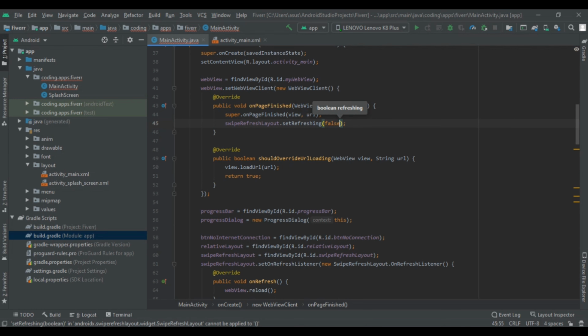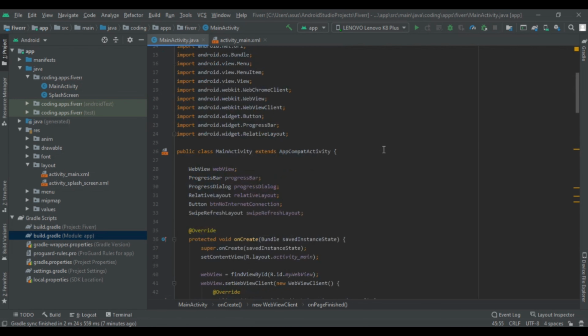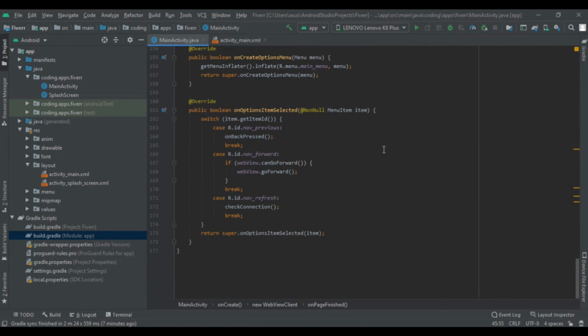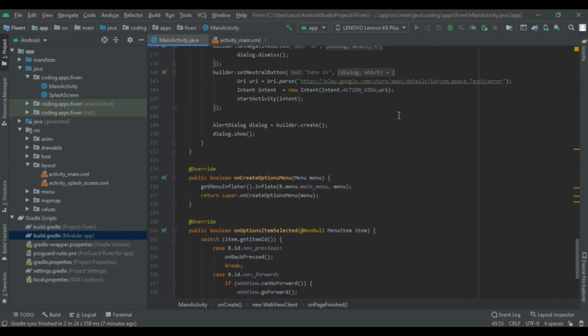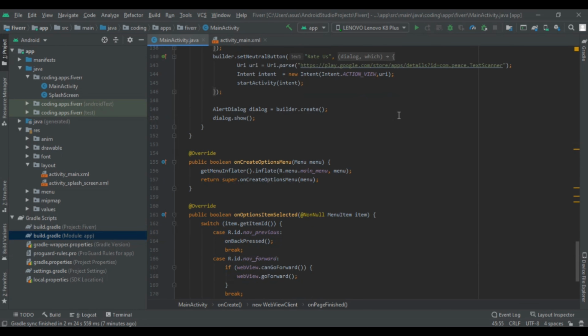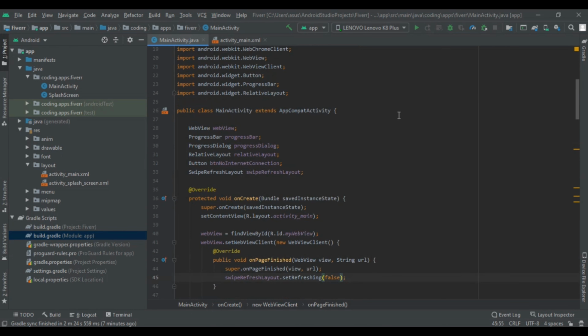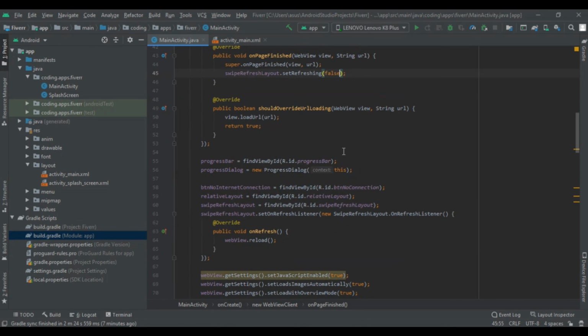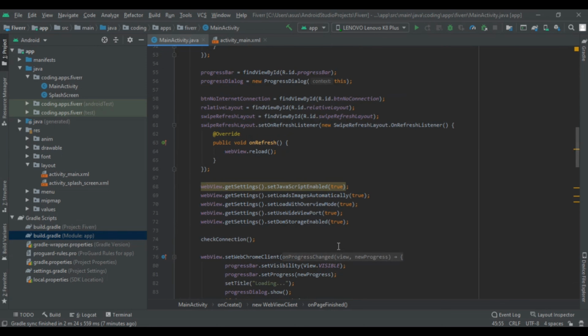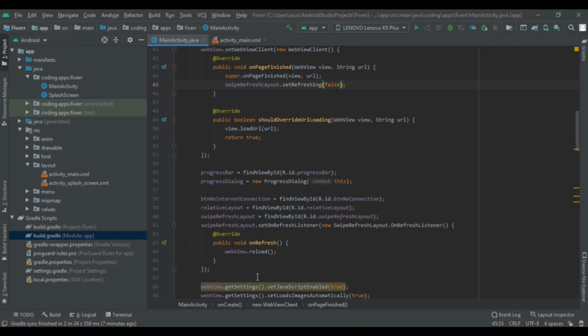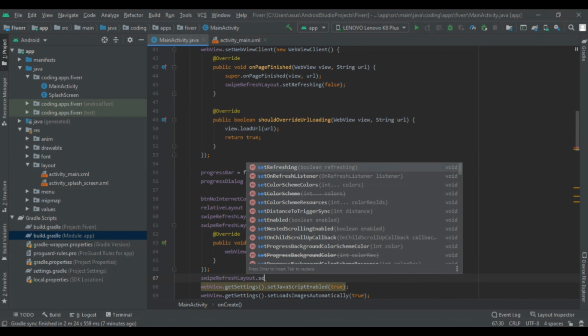Now we are going to run our Android app, but by that we are going to get all the color schema in black and white, which does not look good. So to add the color schema to it, we are going to write swipeRefreshLayout.setColorSchemeResources, and here we have to write all the colors.